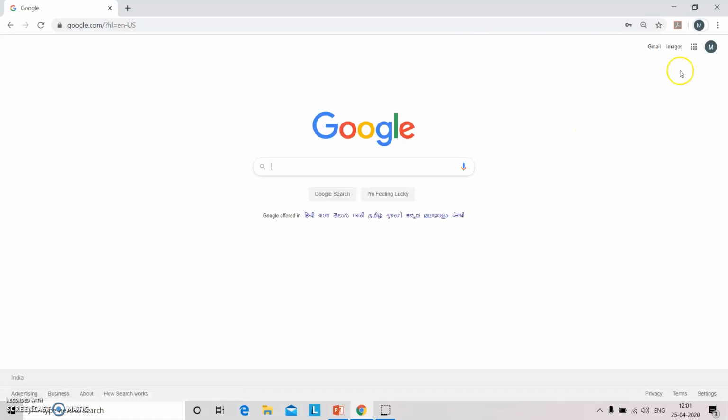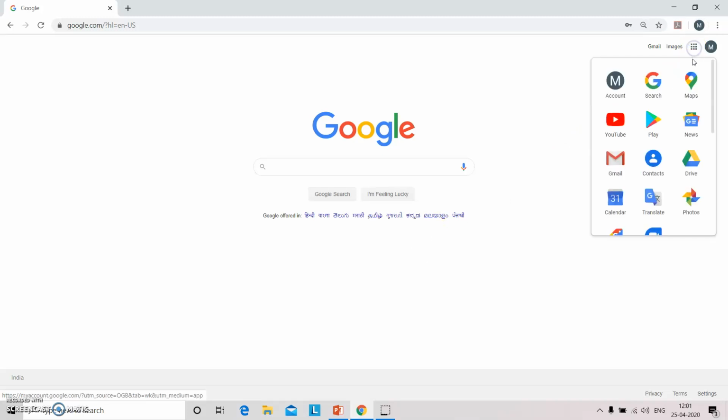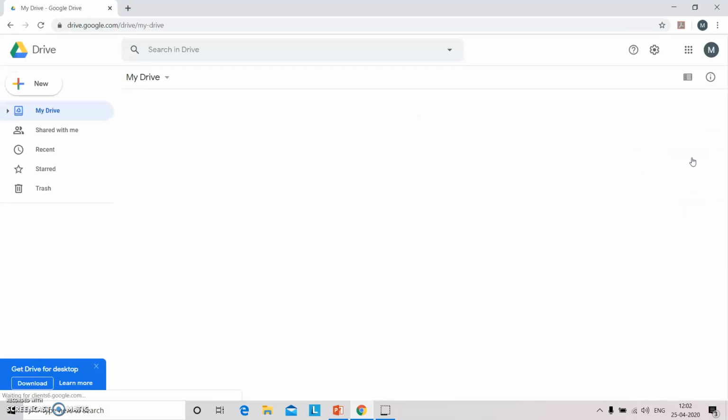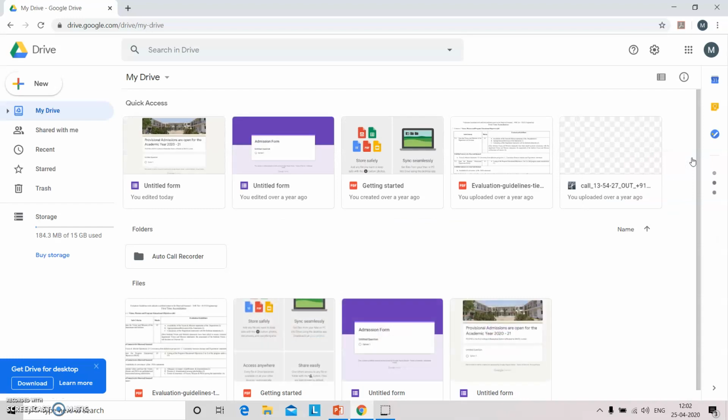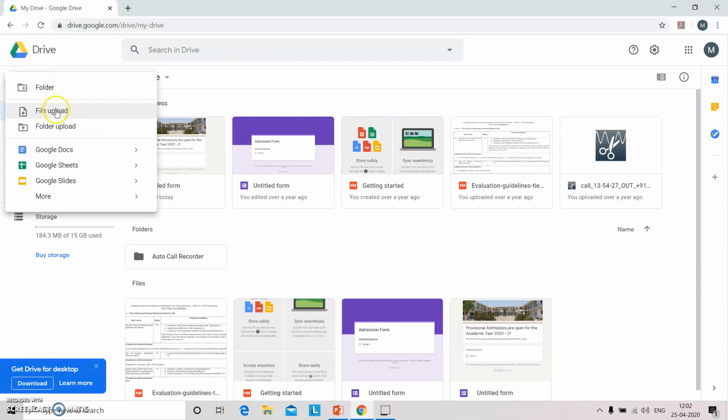After logging into your Google account, click on the Google Apps and go into Google Drive. In Google Drive, you can see on the left hand side the New tab where you have to click. You can see the various tools available by Google.